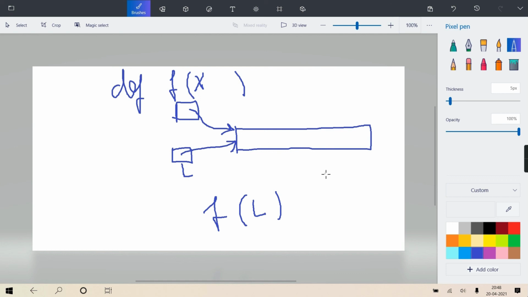Always remember, it is as good as two keys of the same house. House is same, there are only two keys of the same house. One key is given to the neighbor and one key is with the owner. Wherever the list is created, that is the owner, and when you pass it to the function, the function is the neighbor.